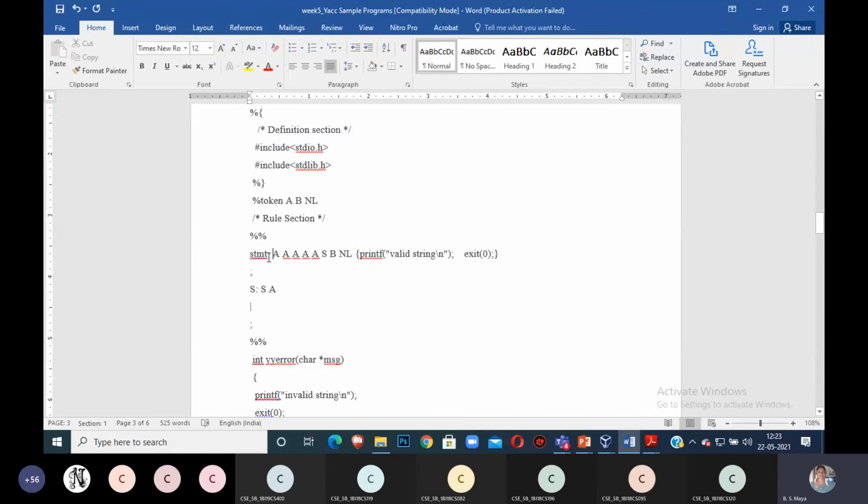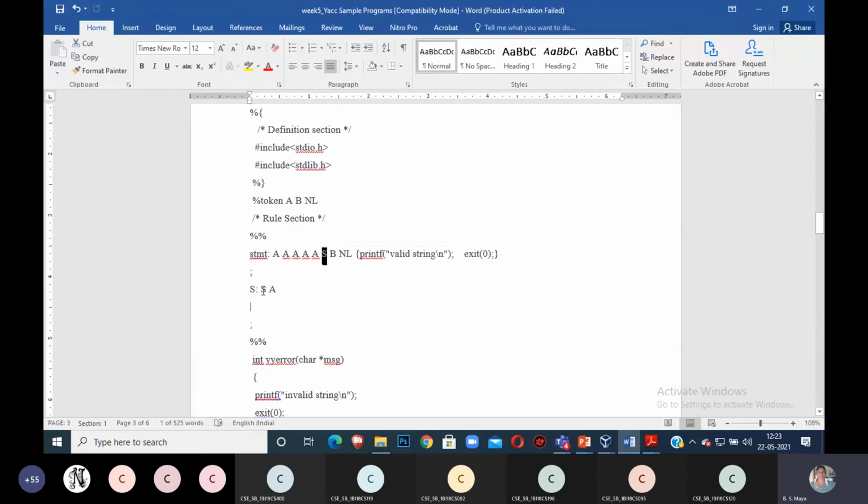The colon distinguishes between head and body of the production. See, 5 A's: all 5 A's you have to give space, followed by S, space B, space NL. If it is true, this is replacing with the start production, then you will get printf valid, then end with semicolon.